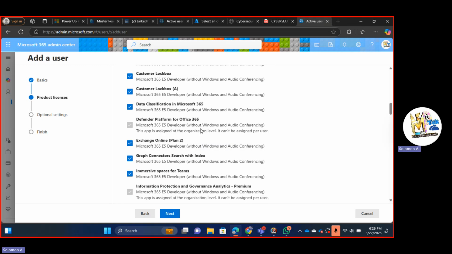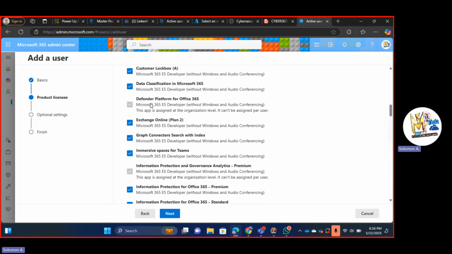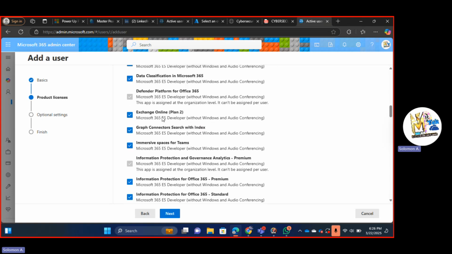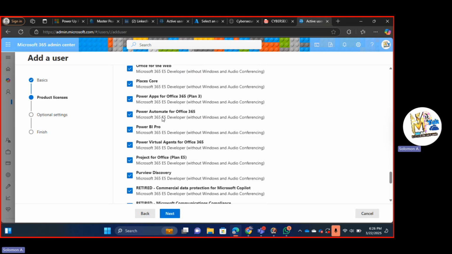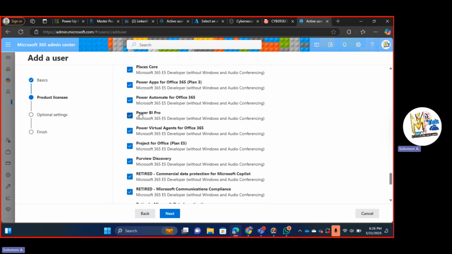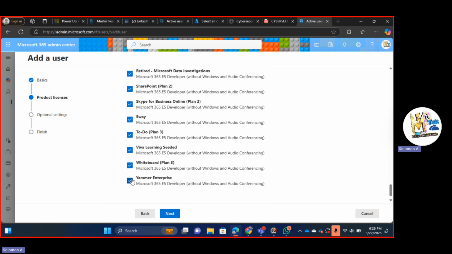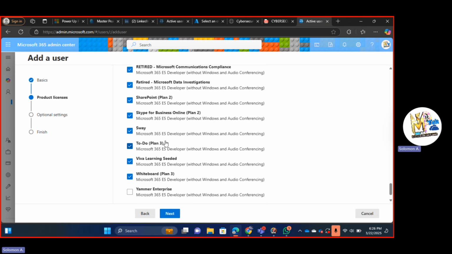Some are automatically checked. This one is checked. Defender platform for Office 365 is unchecked. I can decide to say, okay, this person, I don't want him to have access to Power BI Pro, I don't check. I don't want this person to have access to Yammer, I don't check. I don't want the person to have access to Whiteboard, do the same thing. I don't want him or her to have access to